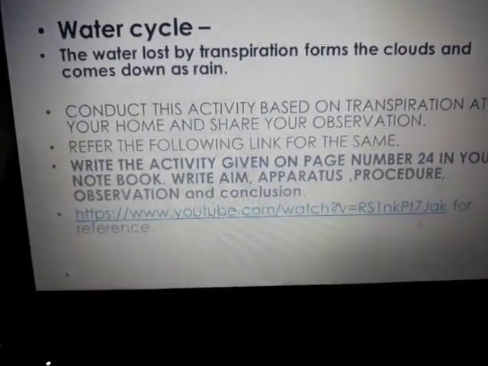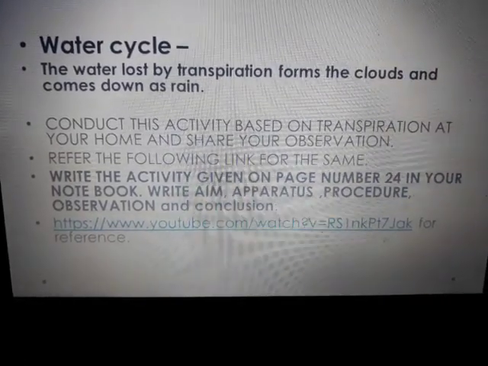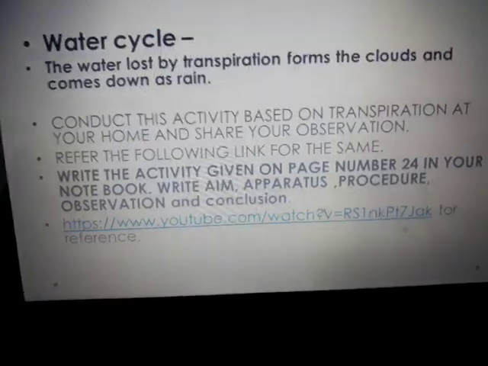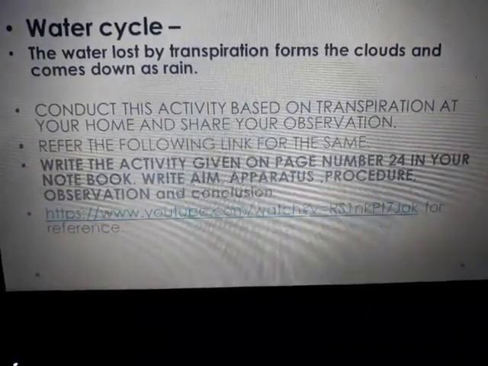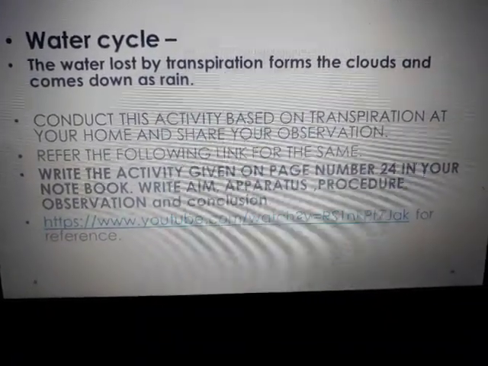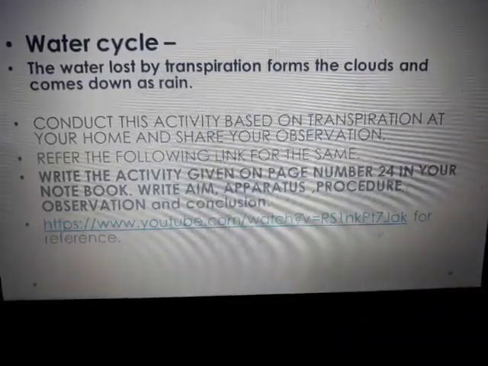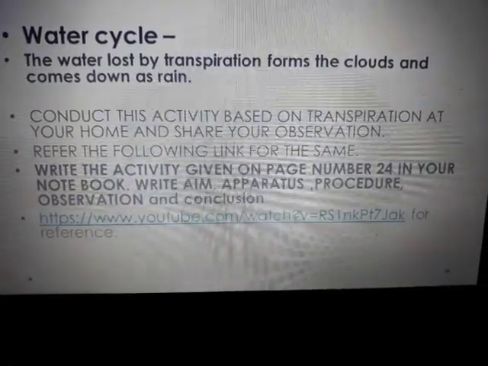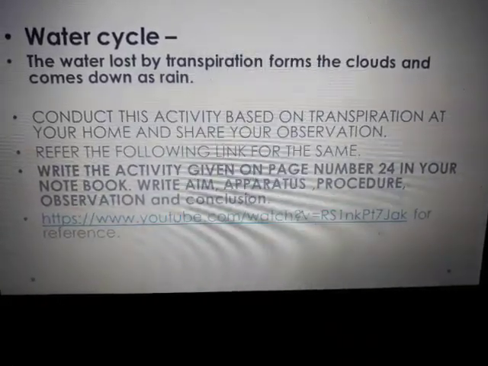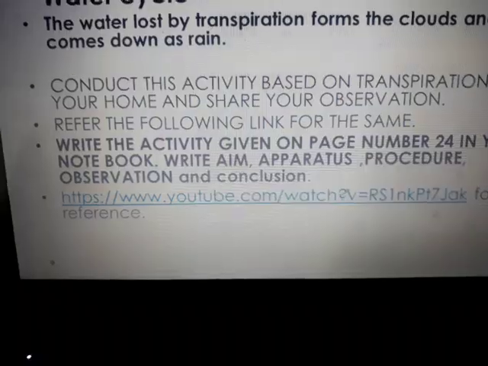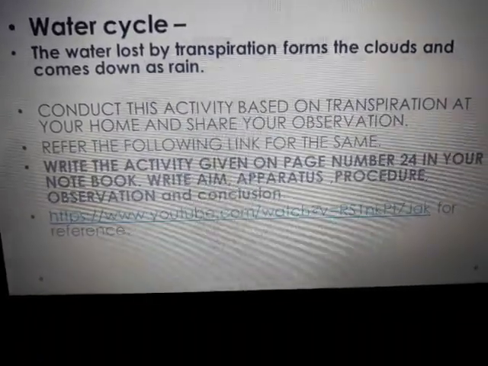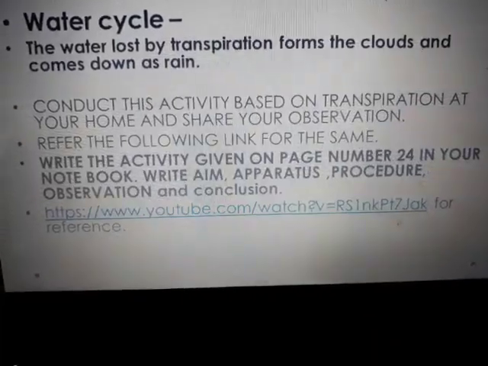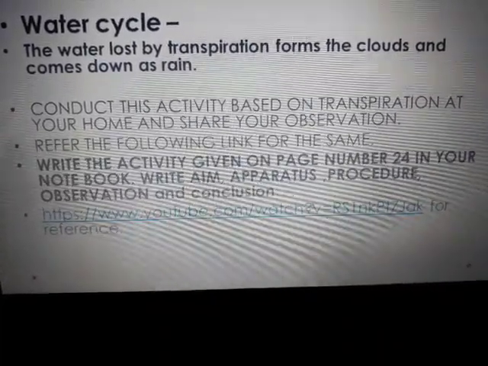Okay. Now you are supposed to conduct this activity of transpiration. It is a gloomy climate outside, but in the near future you will do this activity that is given in the textbook, and share what your observation is. In fact, you must have observed this process in your earlier classes. If that is also okay with me, you can just note down what you observed and what you conclude from that, because this is the activity, or you can say experiment, for this lesson, to observe transpiration in plants. I'll ask you to write it sometime later in the session.